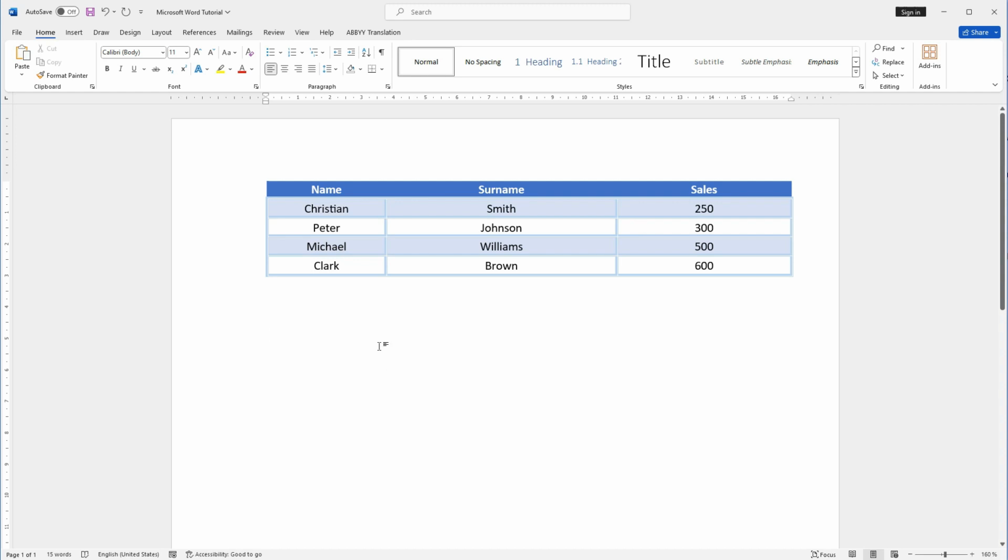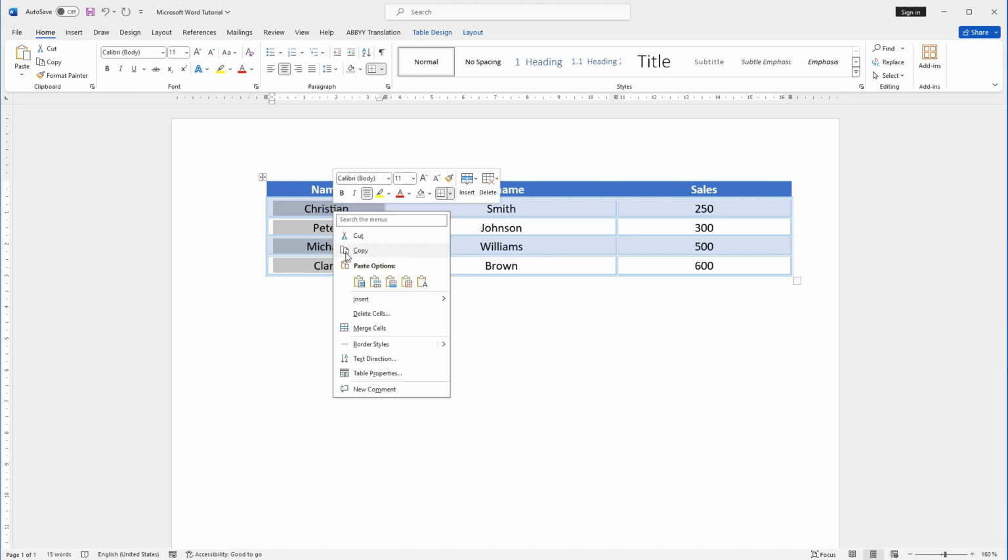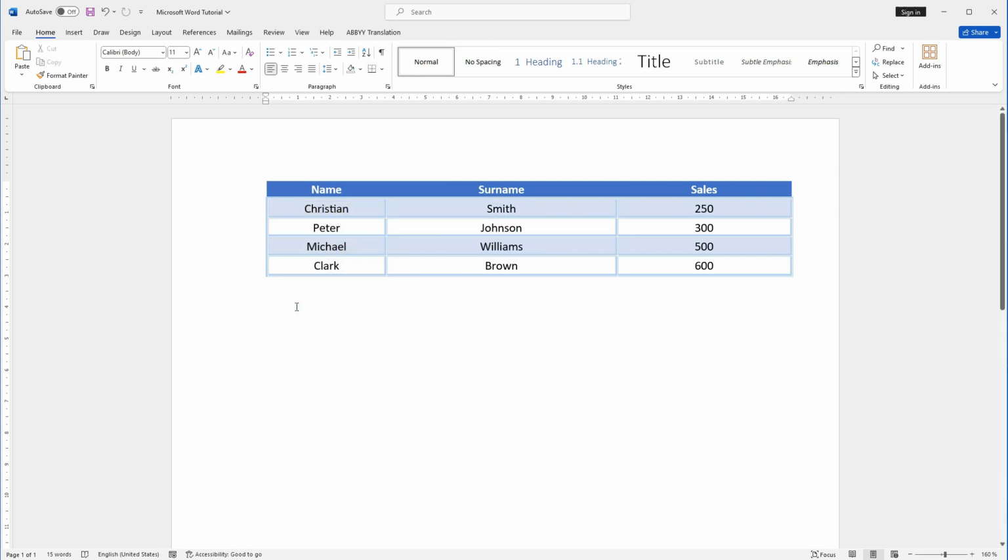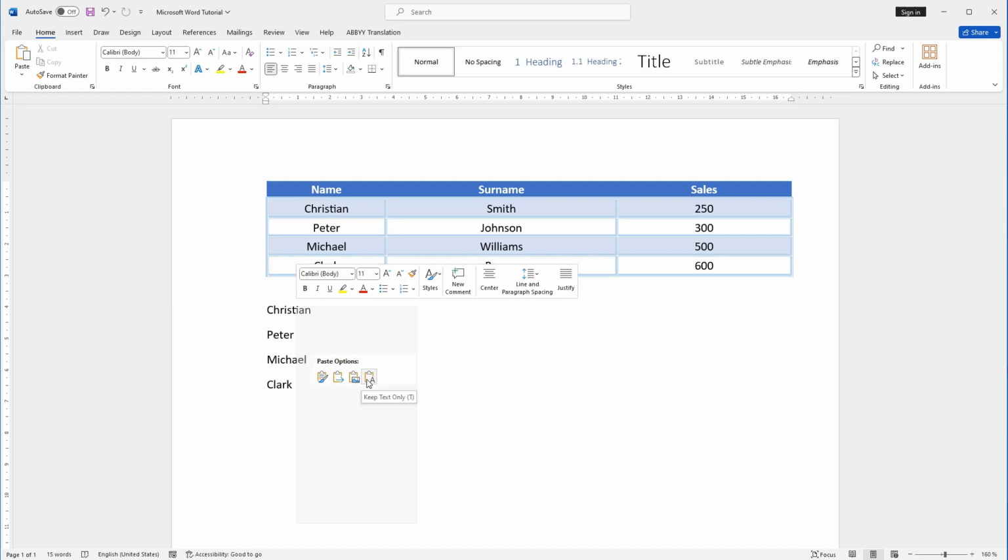Lists are another useful way to organize information in Word. There are 2 main types of lists: bulleted lists and numbered lists. Bulleted lists are used to present items in no particular order, while numbered lists are used to present items in a specific sequence. For showing you how to create a bulleted list, I will copy the names by selecting them, right-click, copy, insert it as text,